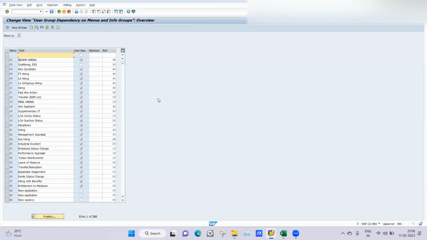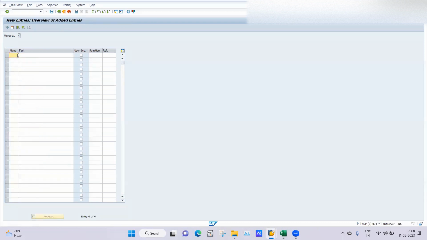First we will select this user group dependency on menu and info group. We can define our new info group here. This one is already existing as LA info group hiring. So I will create another new entry, and I will give LV higher. And here it is saying will it be user dependent? Yes, it will be user dependent,